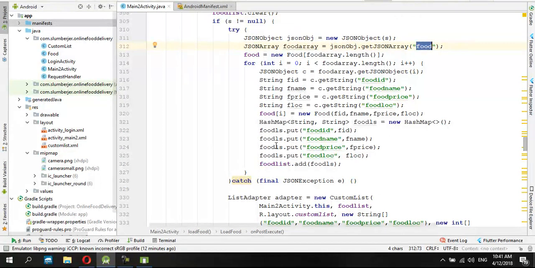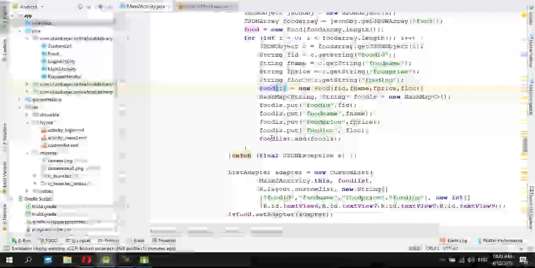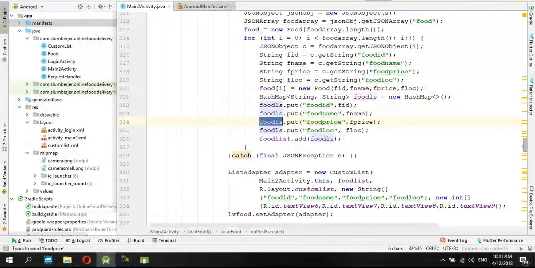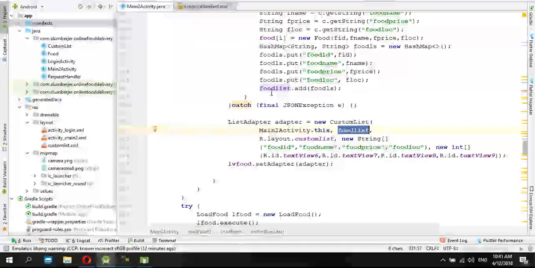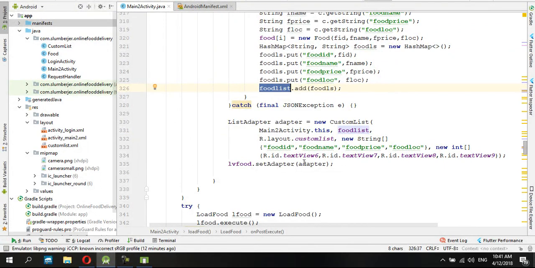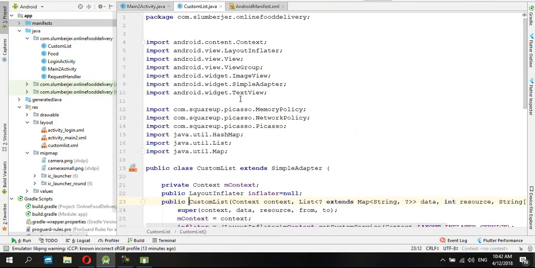And then assign the values into a hash map, and from the hash map array list here, put it into the food list, and then use the adapter to populate our custom list. So this is MainActivity.this, the food list hash map array list, and then submit this to our custom list. From custom list here, you can see